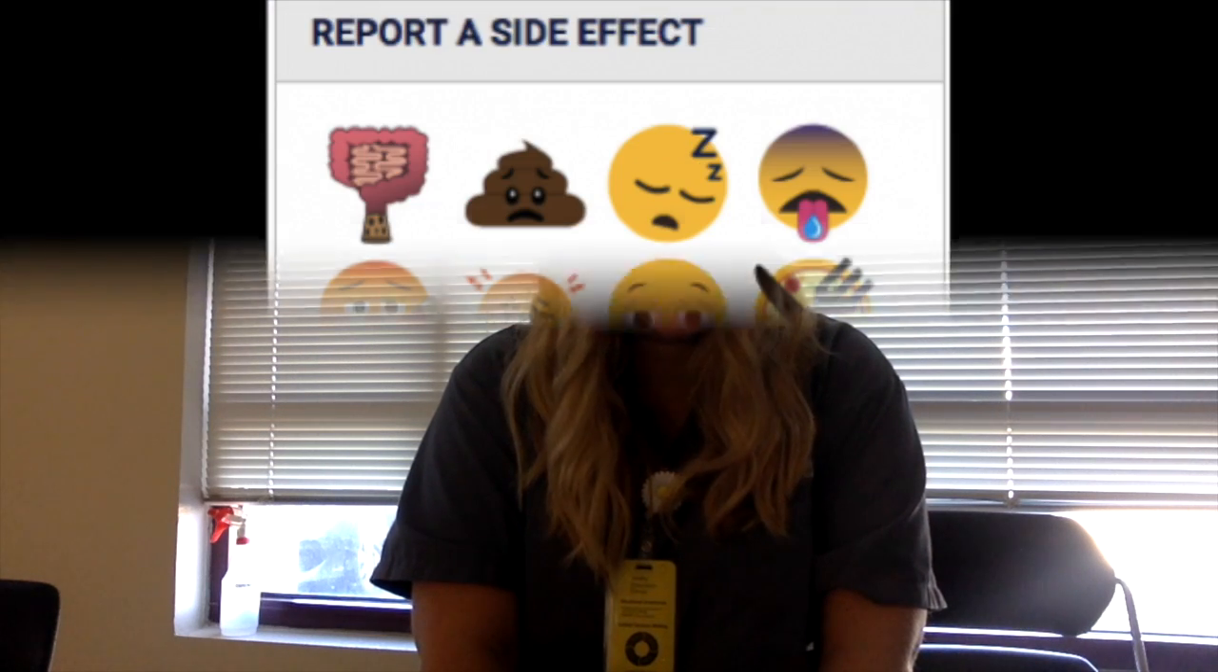Severe side effects include seizures, GI bleeding, anaphylaxis, Stevens-Johnson syndrome, serotonin syndrome, and mild side effects include dizziness, confusion, hallucinations, and sedation. Oh, and nausea, vomiting, and diarrhea. So be sure to report any side effects and any